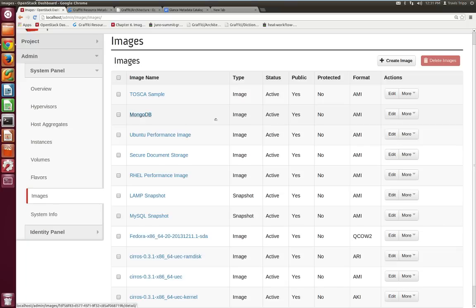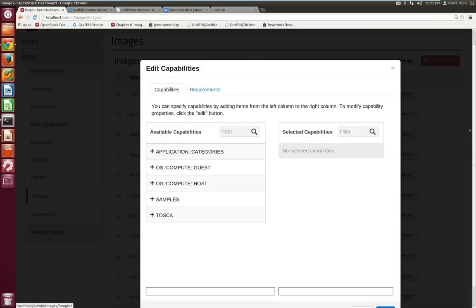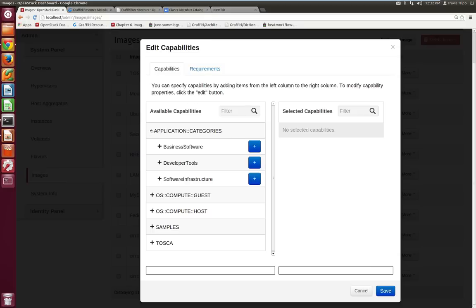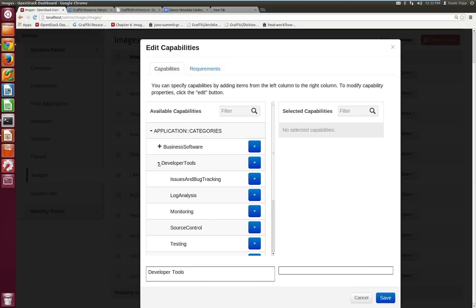So if you think about your images, your snapshots, your volumes, or if we had application packages, essentially they are a kind of workload. And with that workload, you're going to want to do things like say, I want to associate a category with that workload. So for example, in here, we now have this widget where you can say, I've got various types of metadata that I can put onto, say, my image. So we've got application categories, whether that's business software or developer tools or software infrastructure, and we can do things like say,